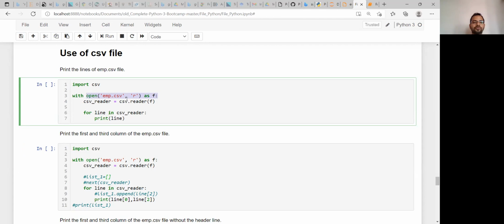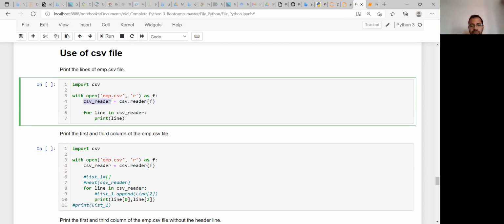Both ways are fine. If you use with, after that you use csv.reader with the file handler name within parentheses. You are reading the CSV file using csv.reader, and all the data is stored in the csv_reader variable.